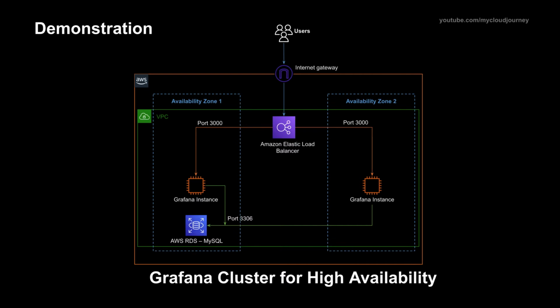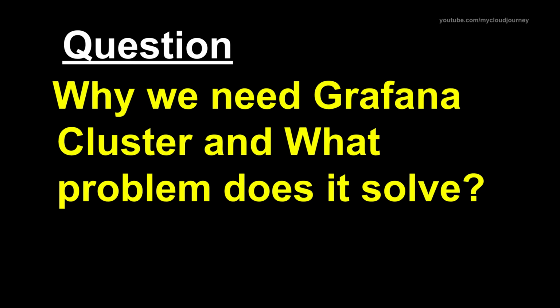So let's get started. Setting up a Grafana cluster for high availability is fairly simple, but ask yourself why we need a Grafana cluster and what problem it will solve. Let's assume you have provisioned a single instance of Grafana and it is accessed by your stakeholders, client business teams, client partners, operation team and many others. What if this instance goes down for some reason? Then your entire observability platform is down for some undefined time. No one would be able to access your Grafana dashboard.